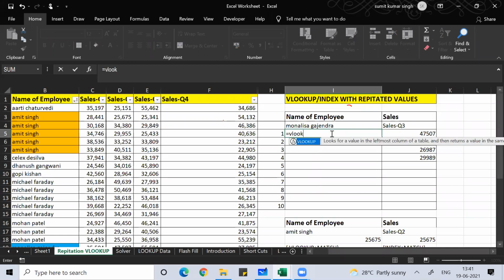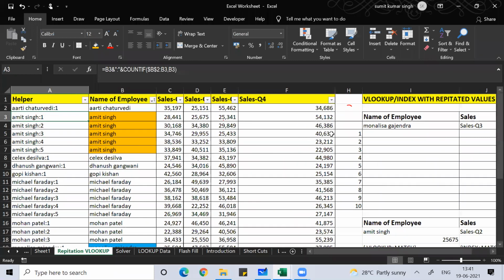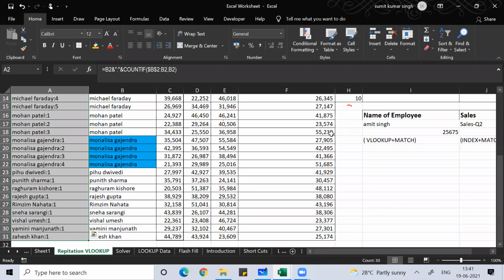So I'll write equal to VLOOKUP. And here, guys, if you notice, I used two dots. Let me just create the helper cell.